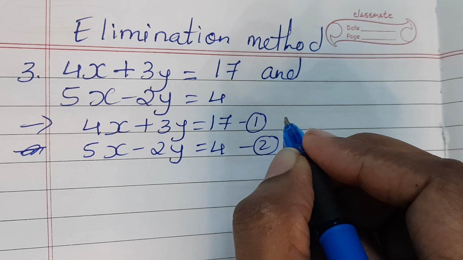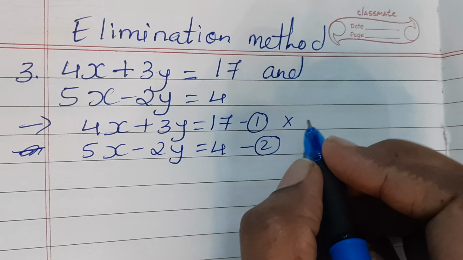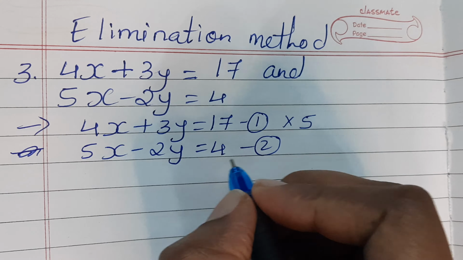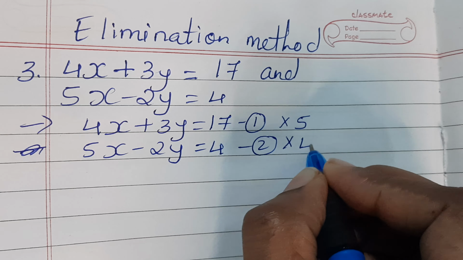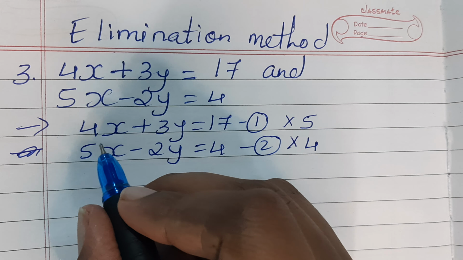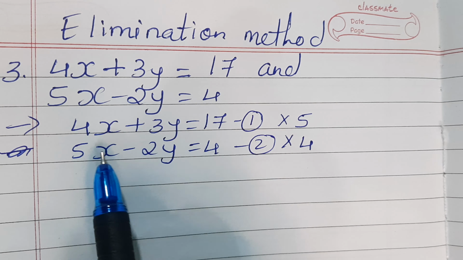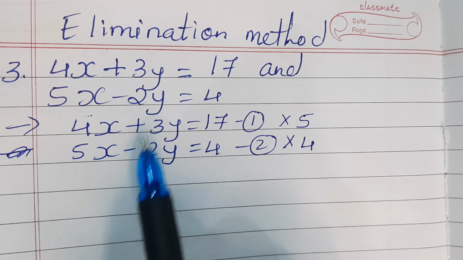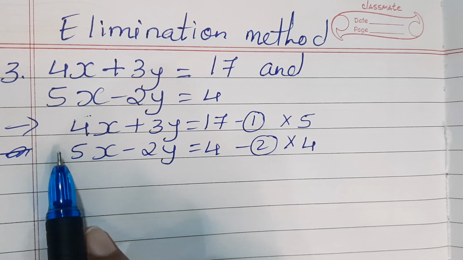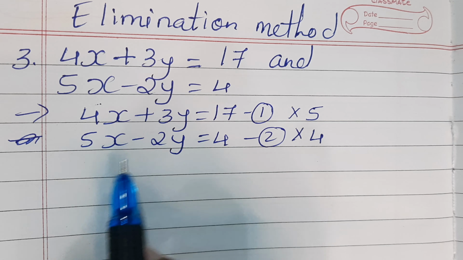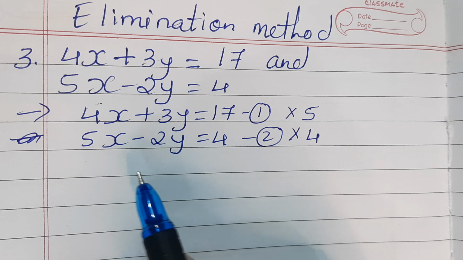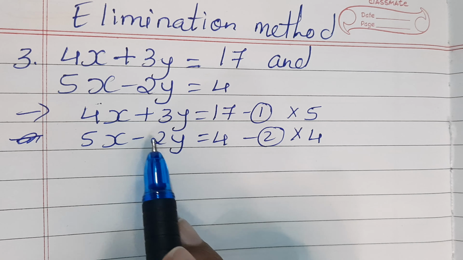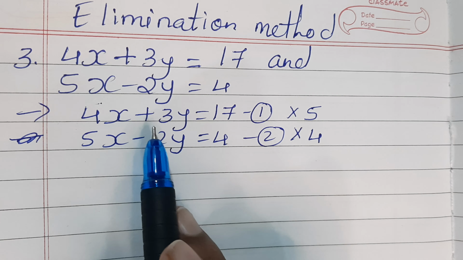Okay, now multiply the first equation by the coefficient of x in the second equation, that is 5, and multiply the second equation by the coefficient of x in the first equation, that is 4. Okay, so I have taken the coefficient of x variable only. I can even take the coefficient of y variable, no problem, but I have taken the coefficient of x variable because there is no complication over here, whereas sometimes you'll find it complicated when you see minus and plus signs. So that's why I've taken this easy one, 5 and 4.